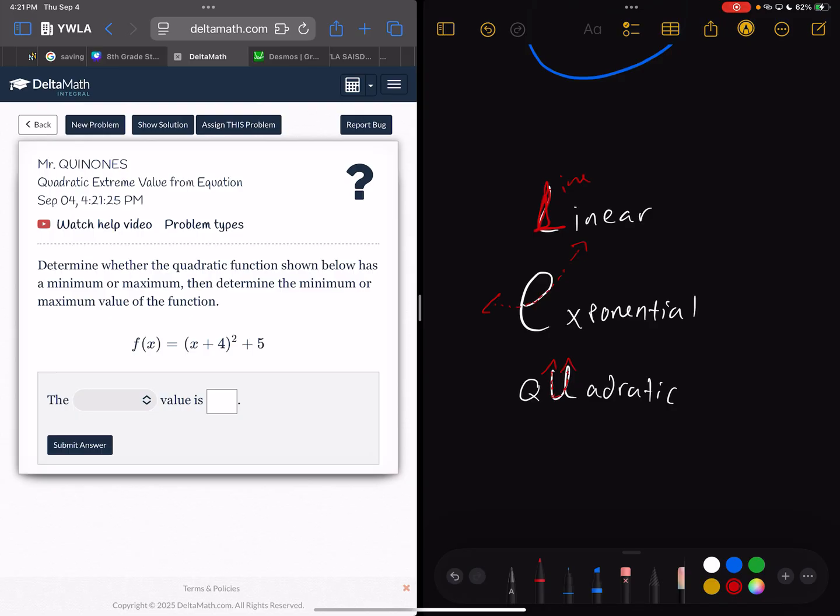Yes, if the x squared portion has a negative or not. If that x squared is a positive value, then we know it's going to be a minimum. If it's a negative, then we know it's going to be a maximum without even having to graph it. So for now, I can say that this is going to have a minimum, but